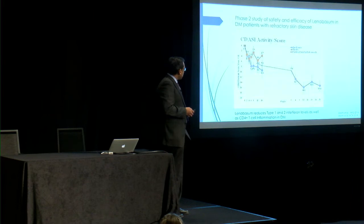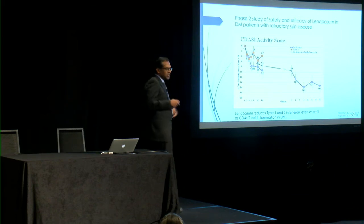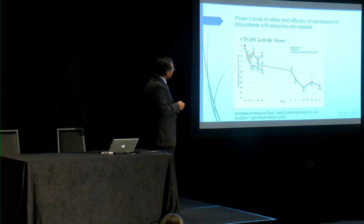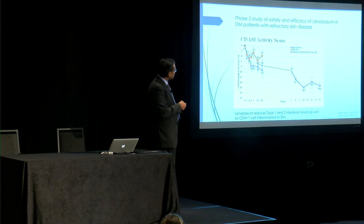And this drug has had 1 trial so far in dermatomyositis patients, and I'd like to explain this graph to you. This graph is CDASI. CDASI is just a severity measure of skin disease. So that's on this axis, and this axis is time. The orange graph is where patients got placebo, meaning they did not get the drug, and the blue ones are where patients got the drug. If you can appreciate, the blue and orange separate out very well over the 16-week time period. Basically, a lower score means less severe skin disease. So they all started with severe skin disease, but there's a significant decrease in skin severity with lenabasum as